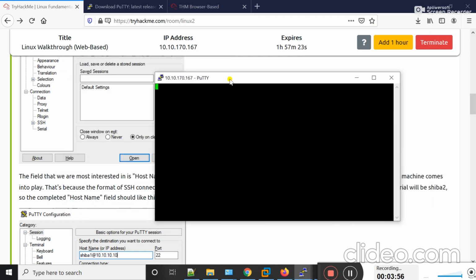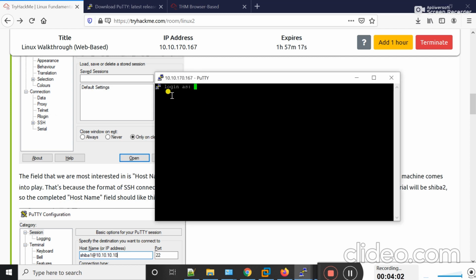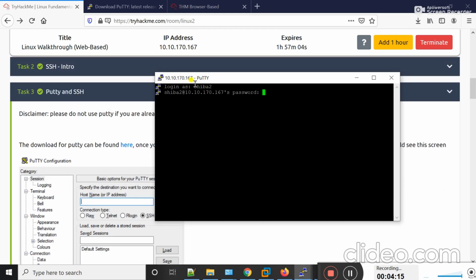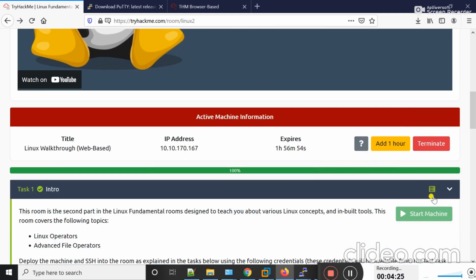Here you can see SSH is going to start by using PuTTY software, and then I will click on Yes. Login as, here I should give the name, that is Sahiba2, and then press enter, and the password will be the credential. You can see it from here.